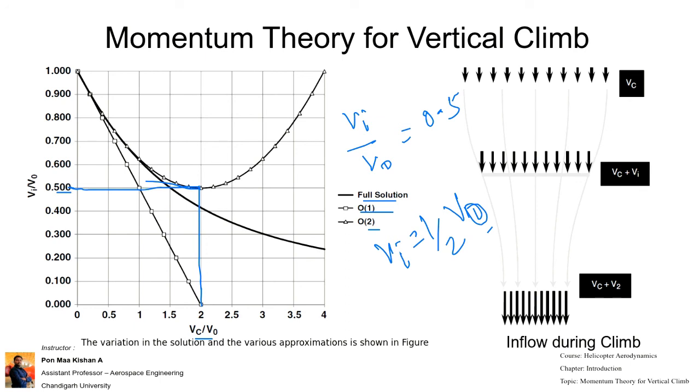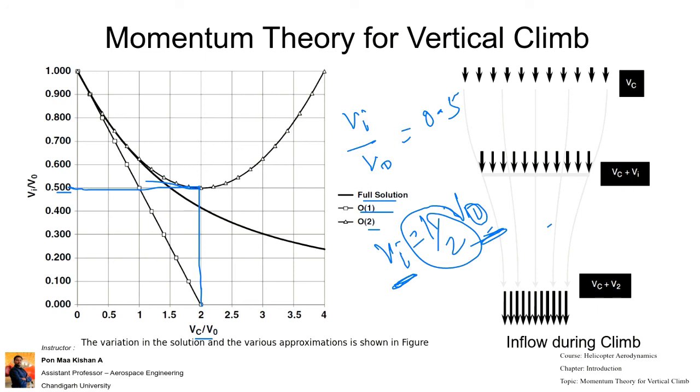What we are trying to say is the induced velocity, so that the helicopter can move up. In the hovering condition we have V naught, so that is what it is indicating. During climb, we only require half of the induced velocity, so the efficiency will be good. If you are flying with half of V naught, then for the hovering condition we require more induced velocity than during climb. That is what it is indicating.